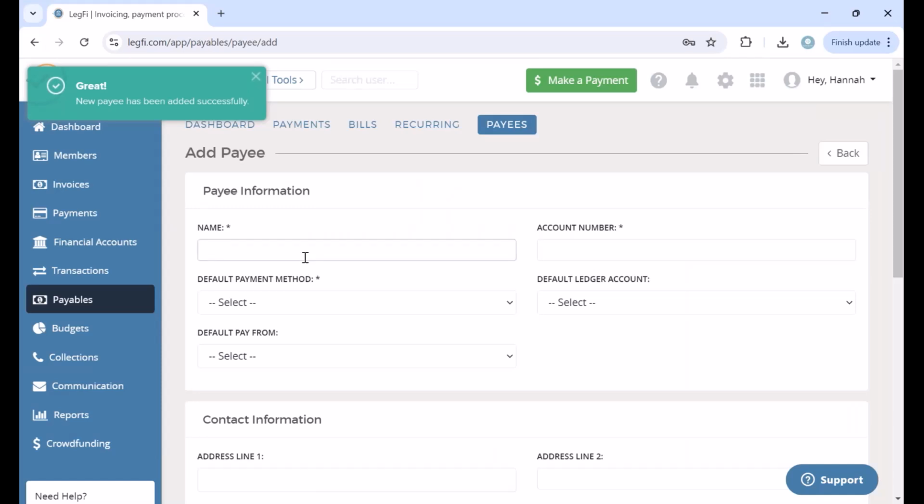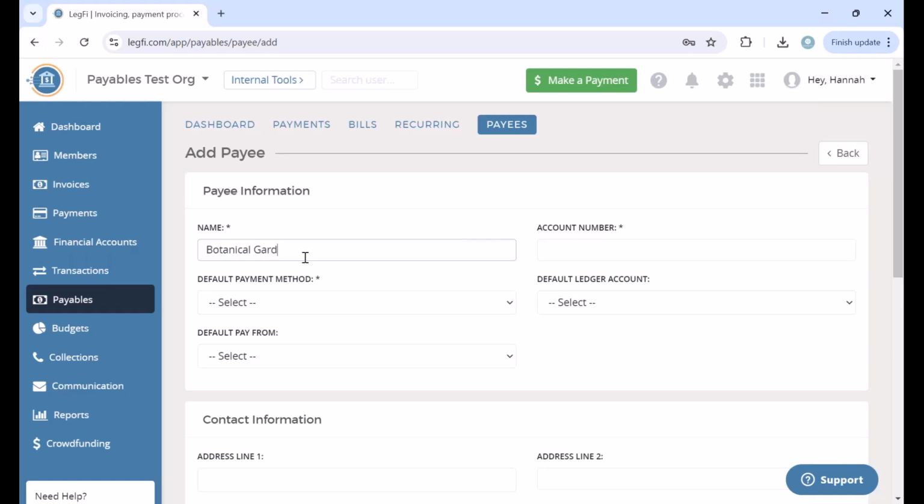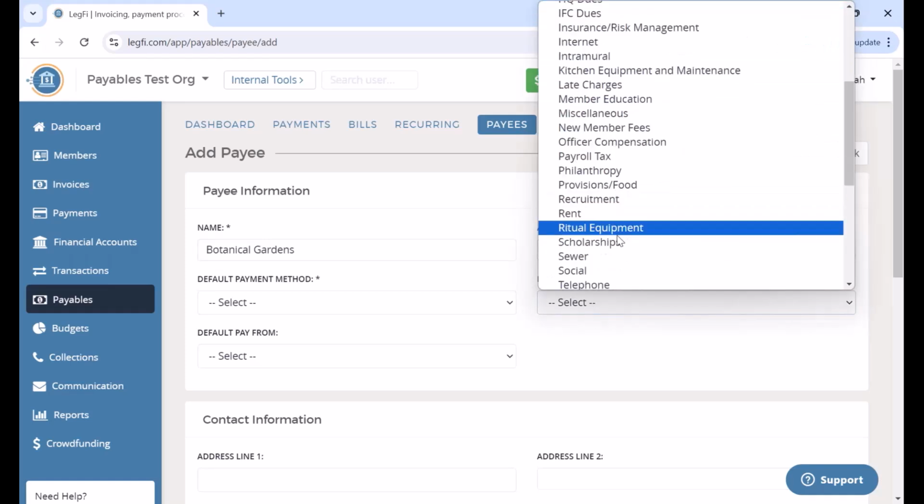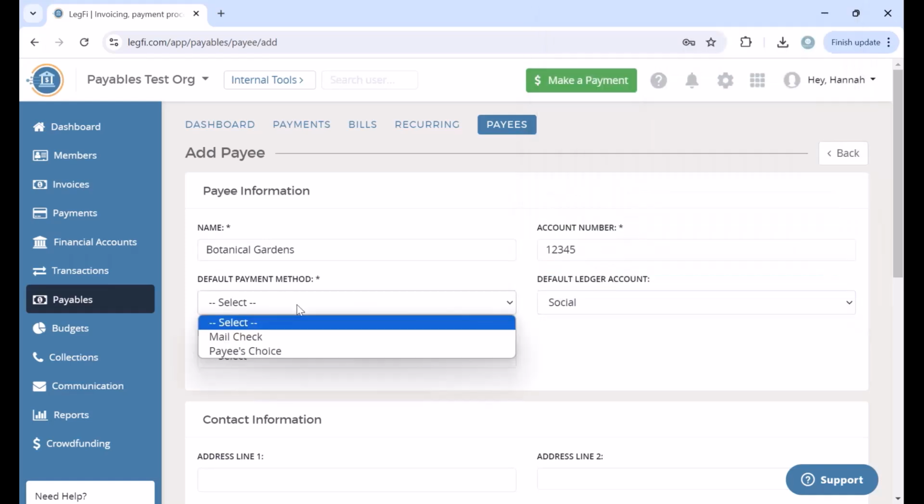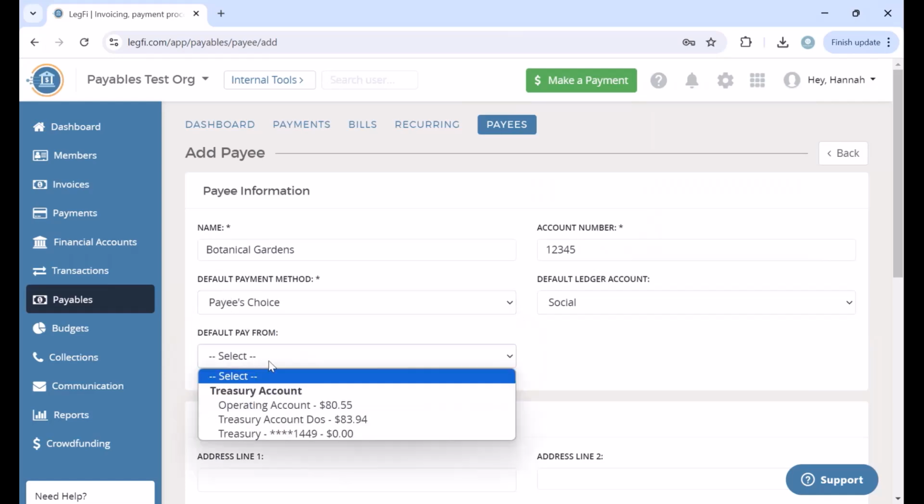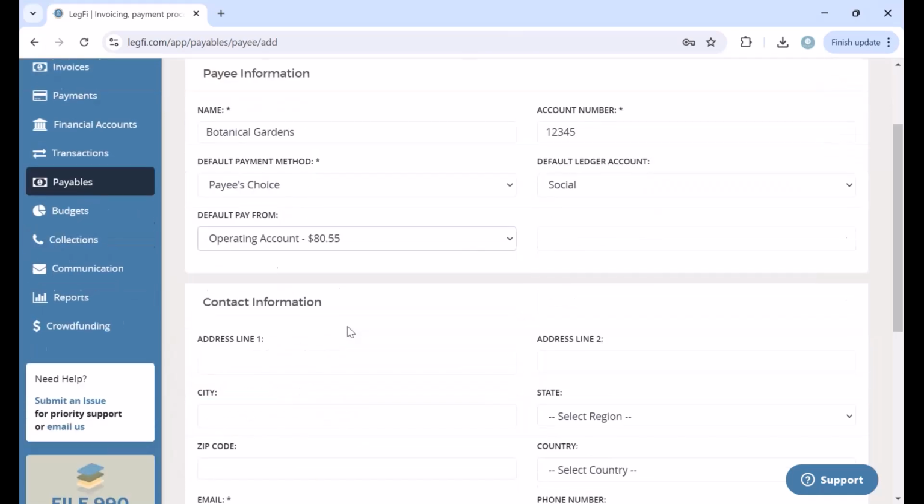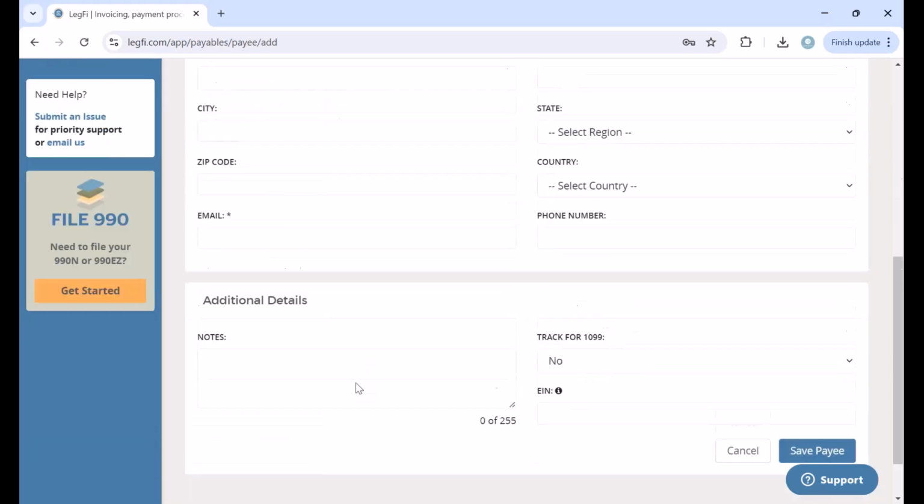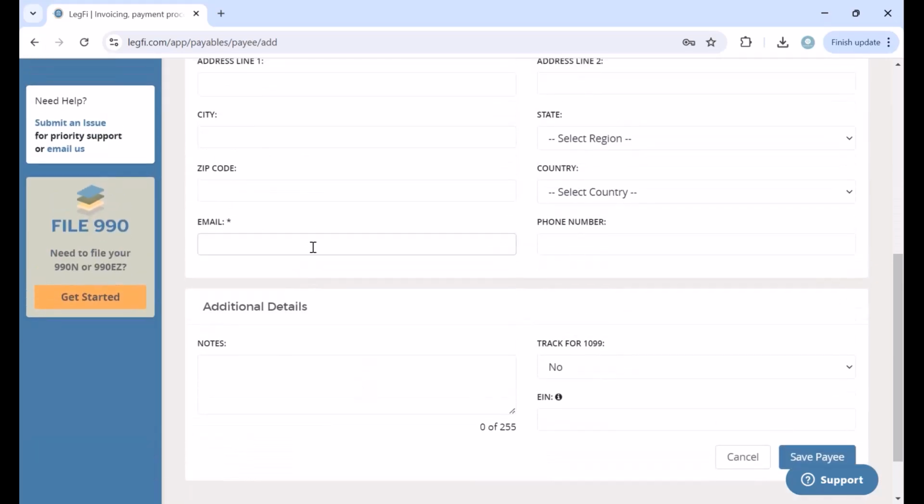So we're going to say Botanical Gardens is where we're going to say the other one is. Account number, again, we'll just say 12345. Social is going to be the account, and then we're going to do Payee's Choice, pay from our operating fund. If you guys have an event fund, you could also use that. And then the email, we're going to say